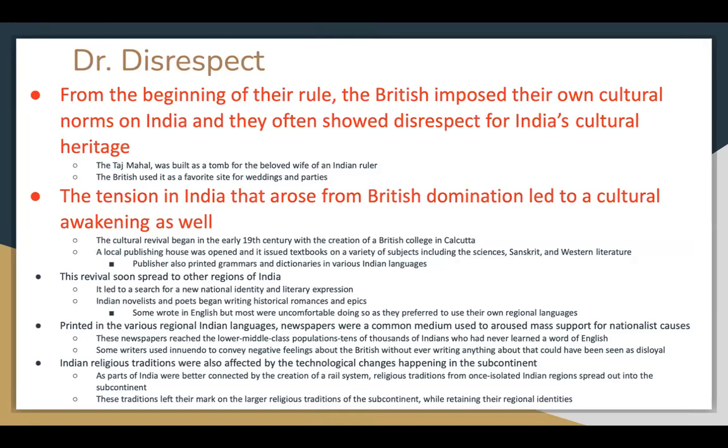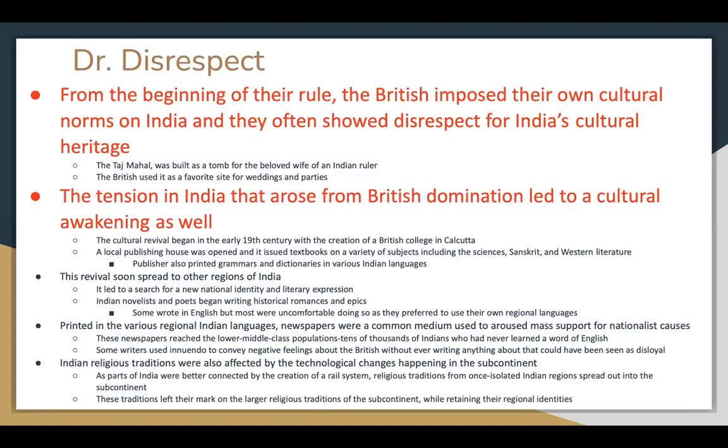All right. So from the beginning of their rule, the British imposed their own cultural norms on India, and they often showed disrespect for India's cultural heritage. The Taj Mahal, being one of them, was a tomb built for the beloved wife of an Indian ruler in the 1600s. I looked this up as well. In 1661 it was built. The British, while being there, used it as a favorite site for weddings and parties, and even some party